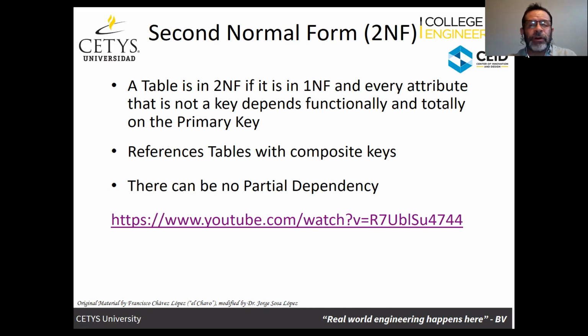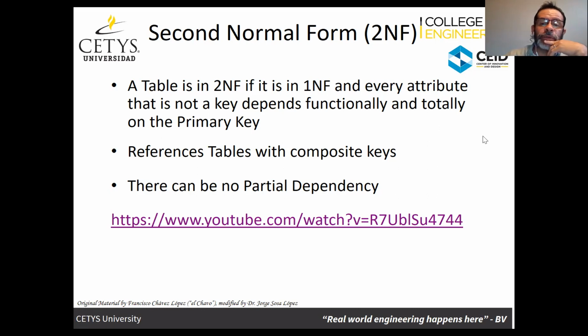The second normal form is very important because all of the attributes must depend on the primary key completely, totally. We can't have any attributes that depend on another attribute that is not a primary key. In those cases, we need to separate the tables. So that's the second normal form, which talks about functional dependencies and partial dependencies. These are what we're trying to eliminate from the structure